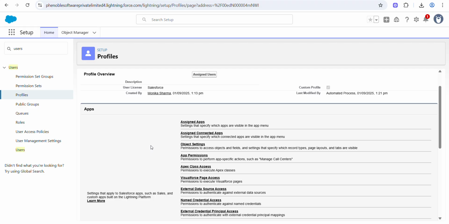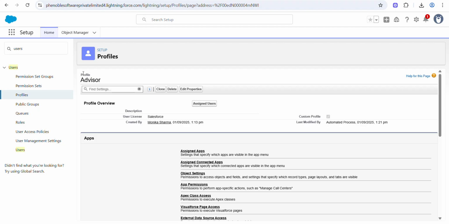The assigned apps page shows which apps are visible to users with the selected profile, and the default app appears when users log in the first time. Every profile must have at least one visible app, except for profiles associated with the customer portal user, because apps are not available for them. This is all about the profiles.